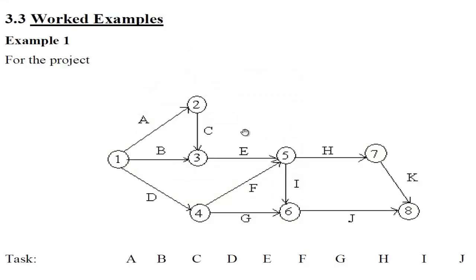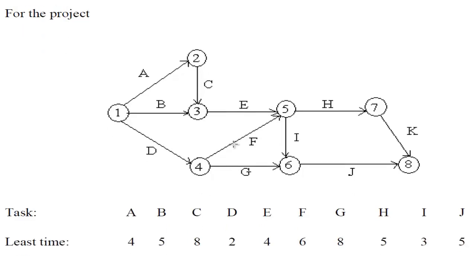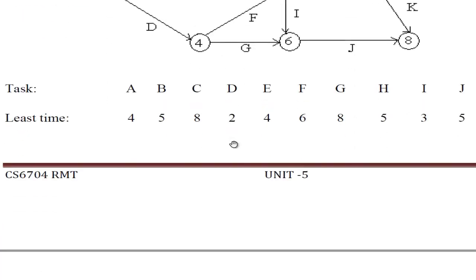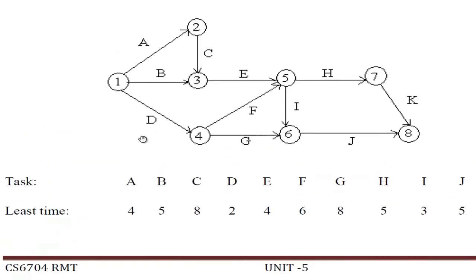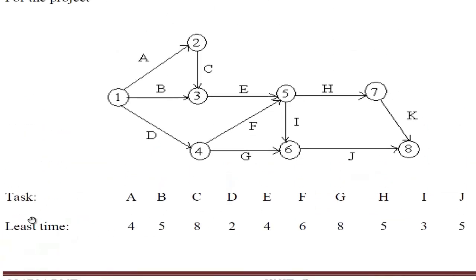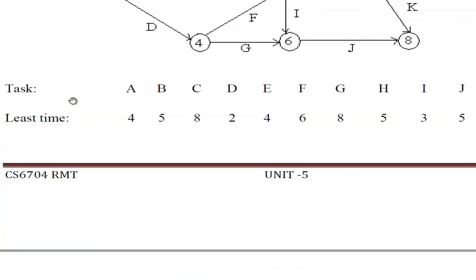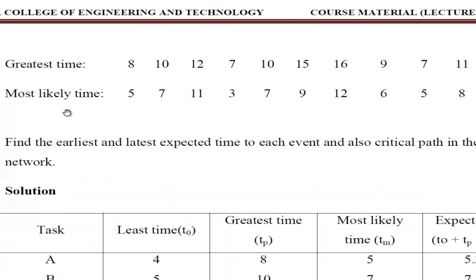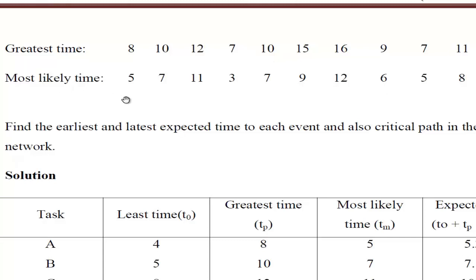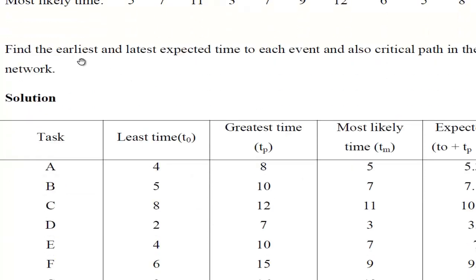This is another worked example here. You can just go through this example. Okay, pause the video and just see it. This is the task, this is the least time, then the greatest time and most likely time. I'm showing you this because there are different terminologies, like we say optimistic time, most likely time and pessimistic time. So the least time will be the optimistic time, the greatest time the pessimistic time, and the most likely time. Okay, then you have to find the earliest and the latest expected time of each event,